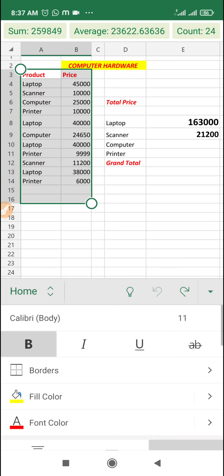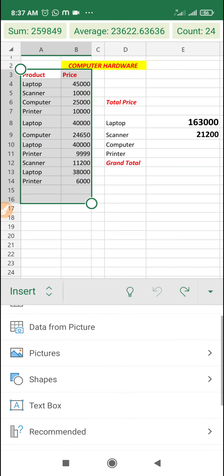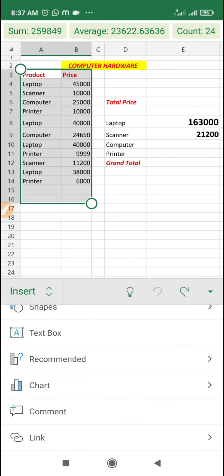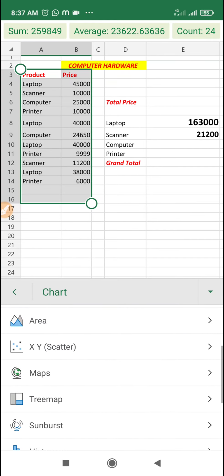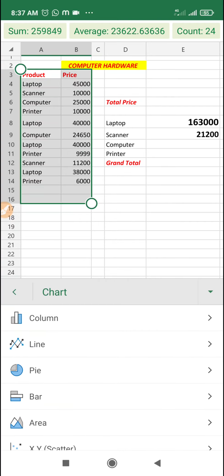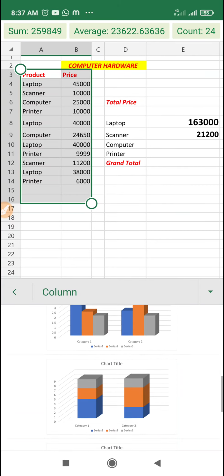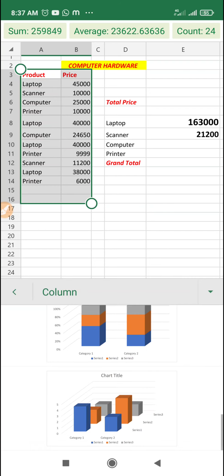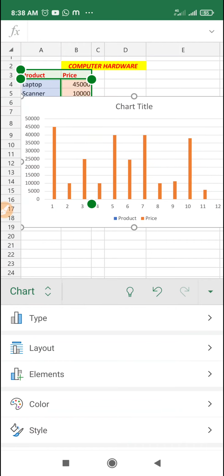After that you have to go to the insert menu, on your laptop or on your mobile phone, from wherever you are inserting. You can see here there is an option for chart, and it gives you many types of charts. We will discuss them later in the next video. Now here we are going to select the column chart. From here you can select which category of column chart you want. We are just going to select the simple one, and we have inserted the chart.